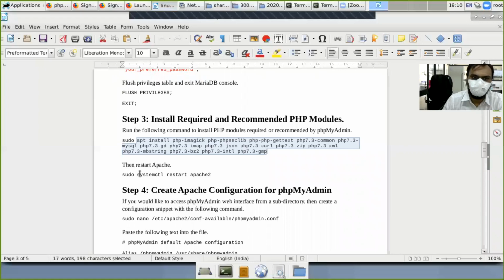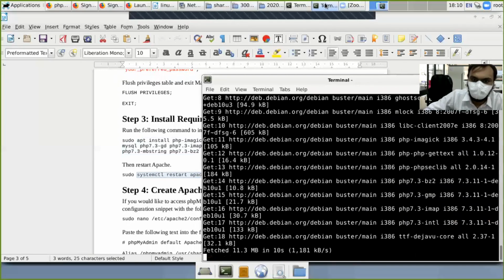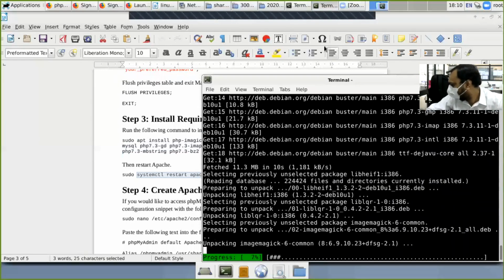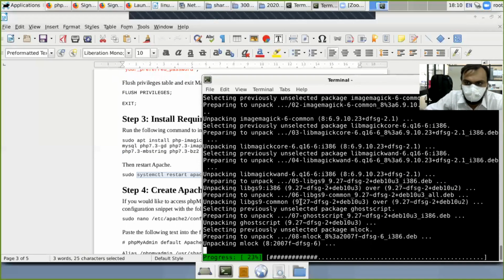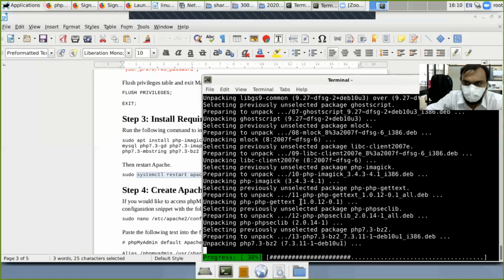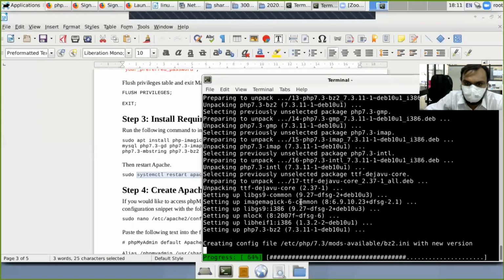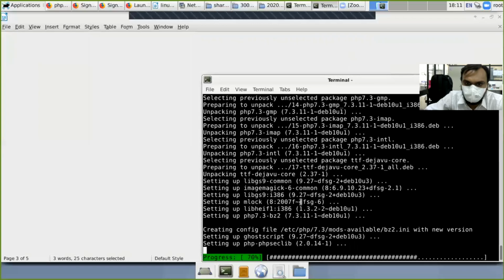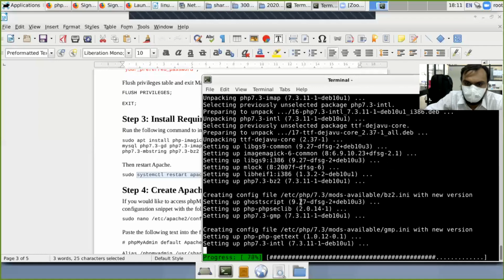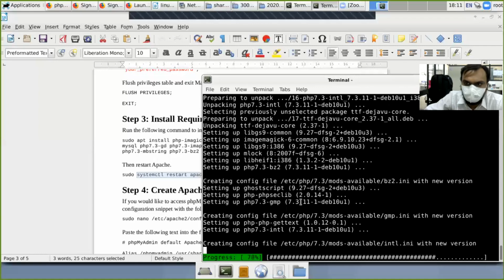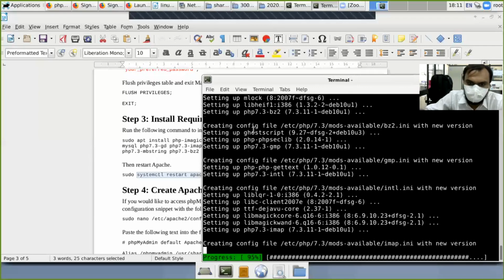Then restart the Apache2 server once it is finished.